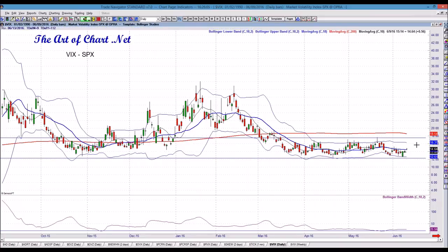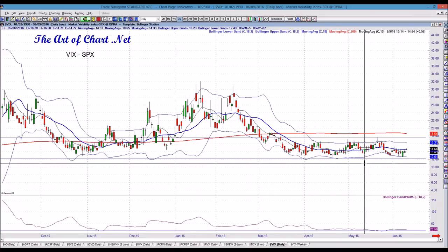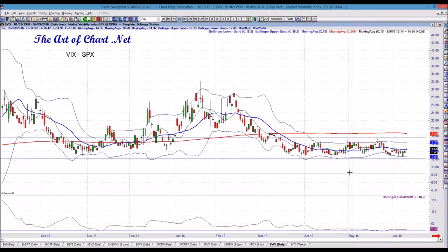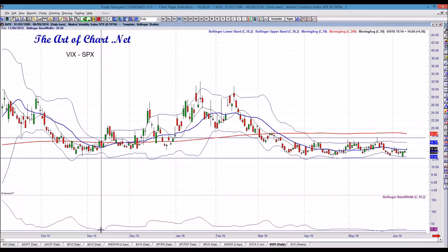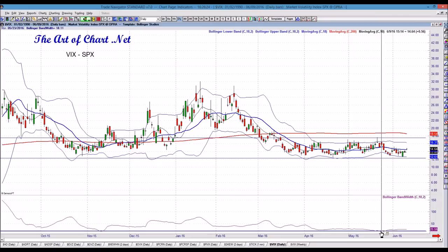And then you get this sideways consolidation move. So that's my way of looking at the VIX. How do I say this? I don't look at it as a warning sign ever. I look at it as an opportunity sign. Like, here's an opportunity sign right here, right? Here's another opportunity sign right here. It just happened, okay, just a couple of weeks back, okay?